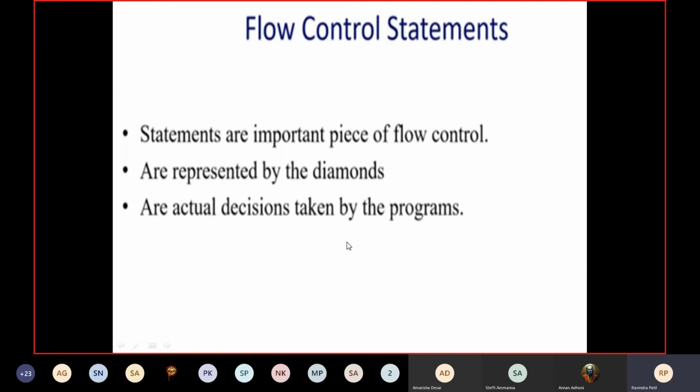The actual decision is nothing but: if the condition evaluates to true, the true statements are going to execute. If the condition evaluates to false, a set of false statements is going to execute. The false statement case arises in case of if else. In case of just a simple if, there is no question of a false statement.